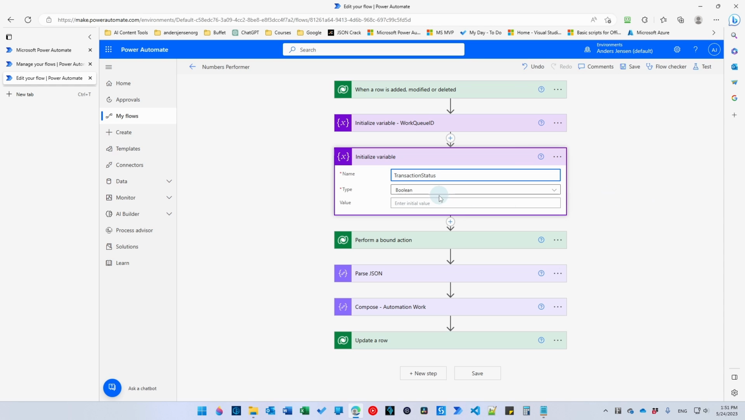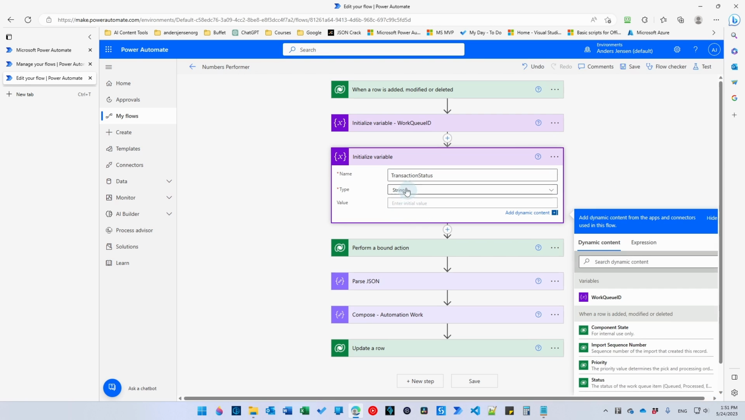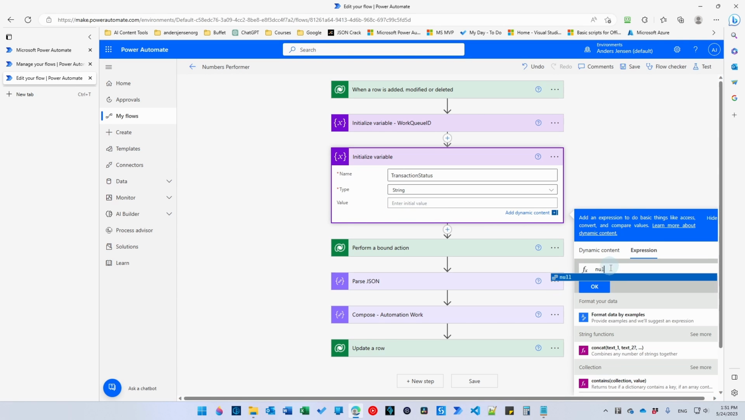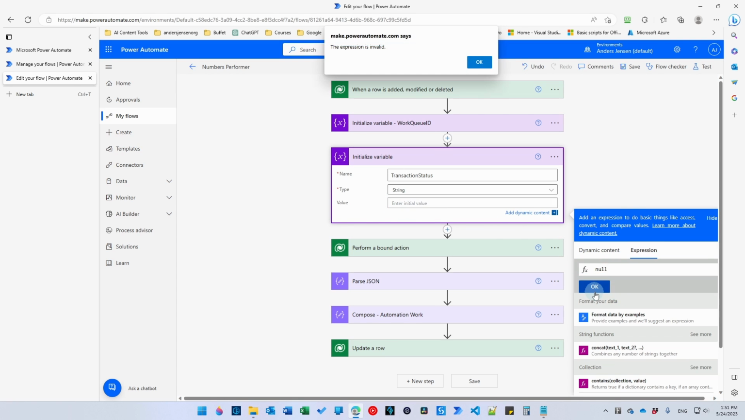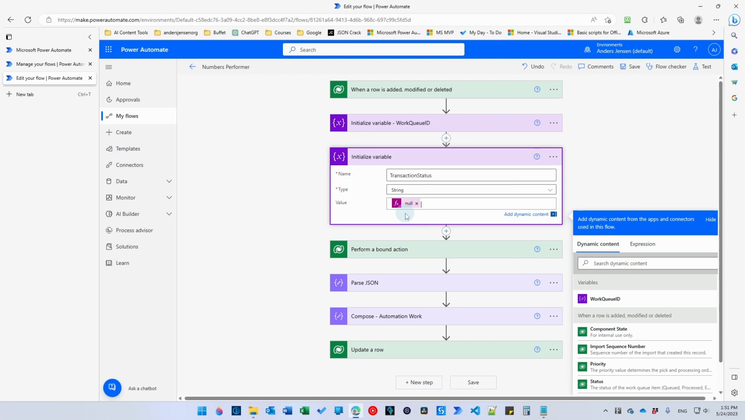like this. It will be of the type string, and right now we will give it a null value. You do that by clicking here, go to expression, say null, and click OK. It's not invalid, just do it twice if it asks you to. So this value is null. That means that it's not empty, but it's simply not there. We will add things to it once we